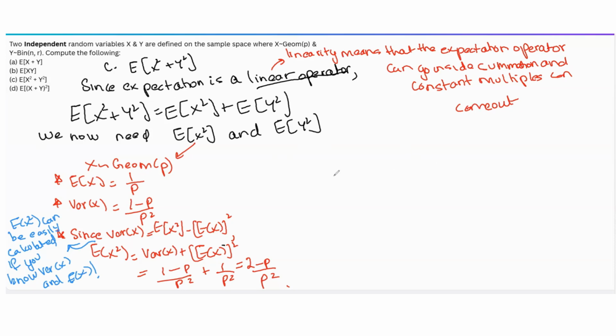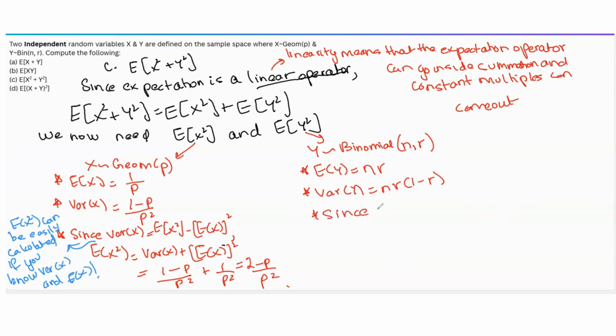Now moving on to the expected value of y squared. We know y is a binomial random variable with two parameters, n, which represents the number of trials, and r, the probability of success. The expected value of this binomial random variable is the product of its two parameters, n times r, and the variance is n times r times 1 minus r. Again, the variance of y is the expected value of y square minus the expected value of y whole square. So based on this, we can find the expected value of y square as the variance of y